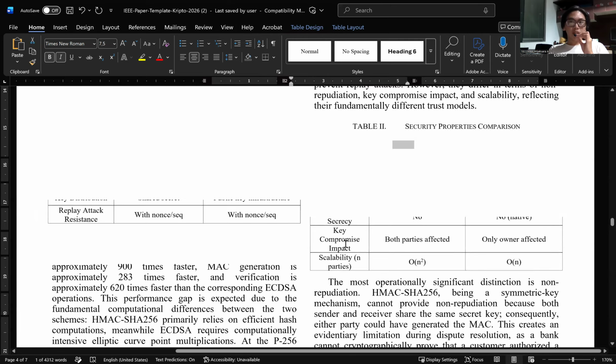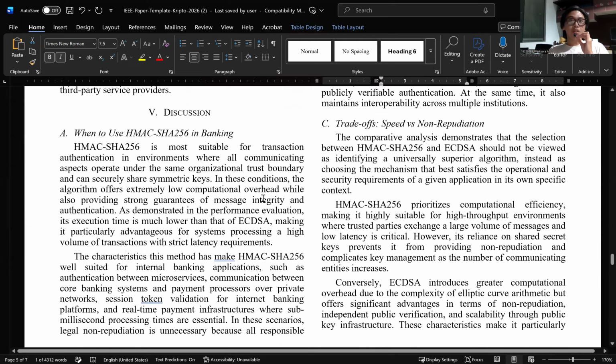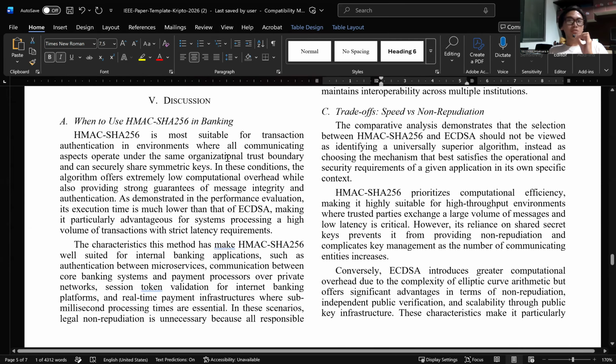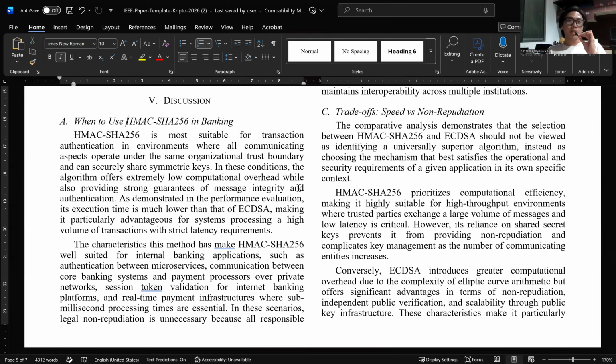So let's see the takeaway for this paper. When should each one be used? For HMAC SHA256, it is best used for internal communication, for example between microservices within a bank, session validation for internet banking, and also real-time payment systems where latency has to be as low as possible. All parties already trust each other within the same organization, so non-repudiation is not an aspect that needs to be